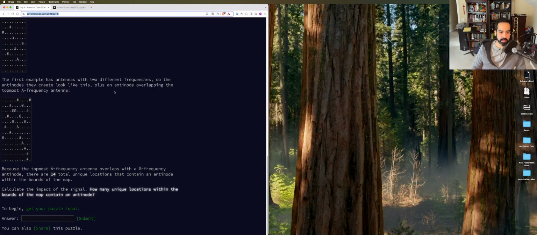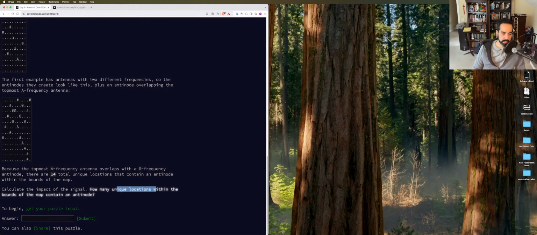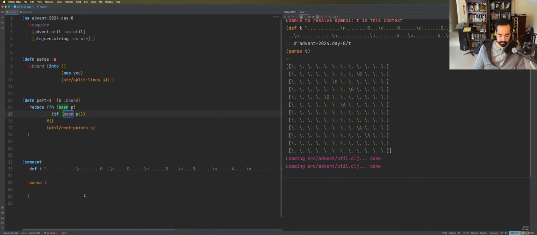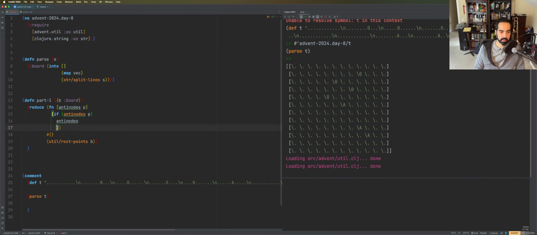Now we don't need to know duplicates, right? Yeah, unique locations. So if for some reason this has already been done, or unseen is a bad word. What are these called? Antinodes. If it's already an antinode, then we just return antinodes. Otherwise, we do the fun thing where we,